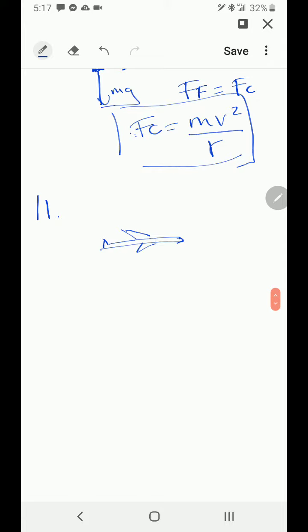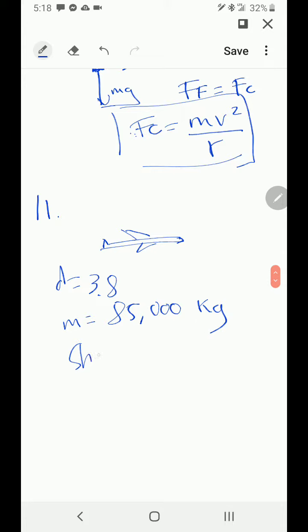Probably this is like an airplane, more like a jet. But anyways, it says that it has a 3.8 meter diameter of fuselage. So this is the diameter, and it had a mass of 85,000 kilograms, and the shape factor is equal to 0.32, and it asks us how much thrust must the jet's engine provide to cruise at